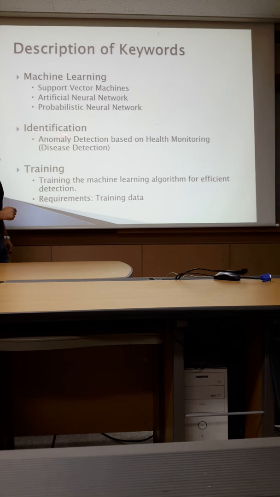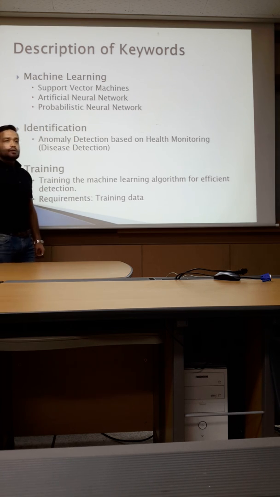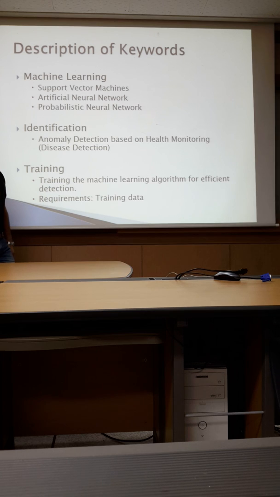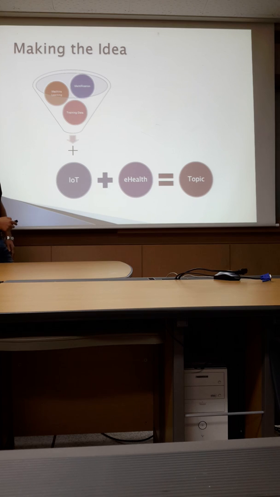The second keyword is identification. Identification can be anything like anomaly detection or some disease detection, as it is related to healthcare. And training, as I already explained, is related to support vector machine. So the idea was machine learning, identification and training data, three keywords. When we put them into IoT and combine them with e-health, this is how I have